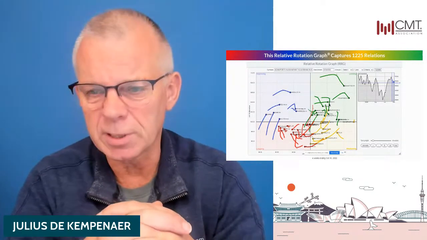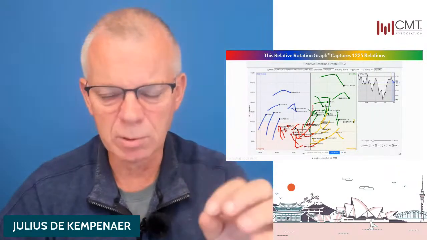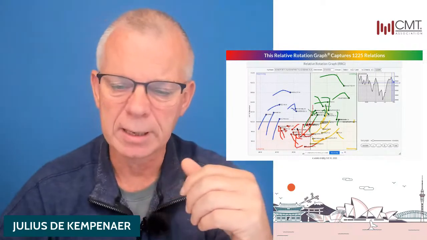And this is an RRG. If you've never seen it, this is how an RRG looks. And what we see here is the 50 stocks of the Nifty 50. So basically, this graph here captures 1225 relations. The center of the chart is the Nifty 500, and we're going to go into how this is constructed in a minute, but I wanted to give you the initial look and feel of what we're working with,